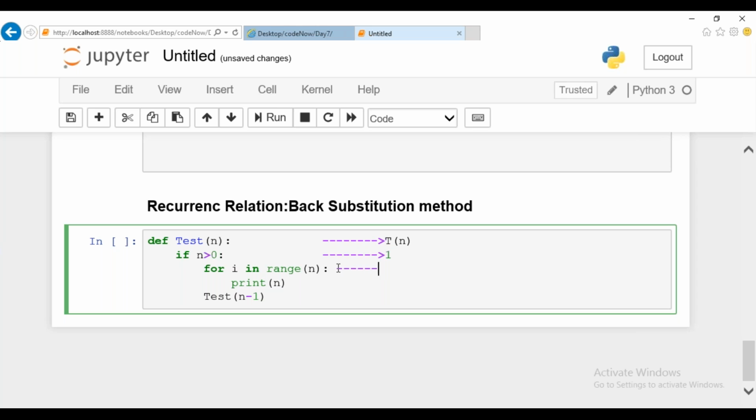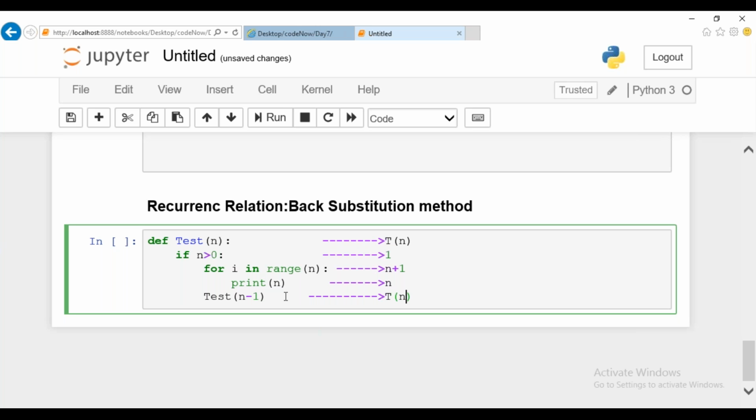And how many units of time are taken for this for loop? For the for loop, it will execute n plus 1 times, since it starts from 0. What about the inner statement of the loop? It is going to be executed n times. How many times will this recursion happen?